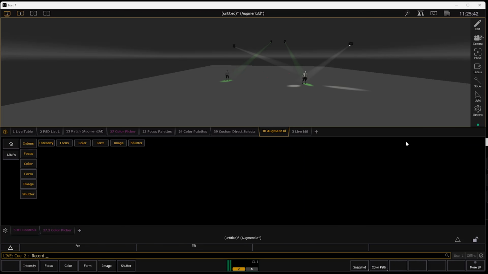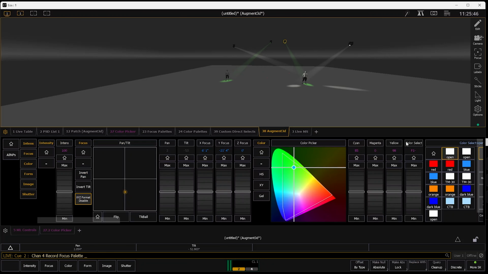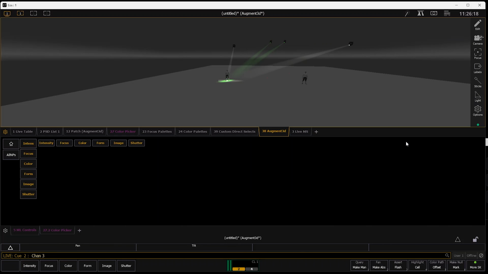And then I'll take channel 4, record focus palette 2 by type. So now if I do 3 through 6, focus palette 1, focus palette 2, there we go. But again, now if we restore that, no matter what light we add into the rig,